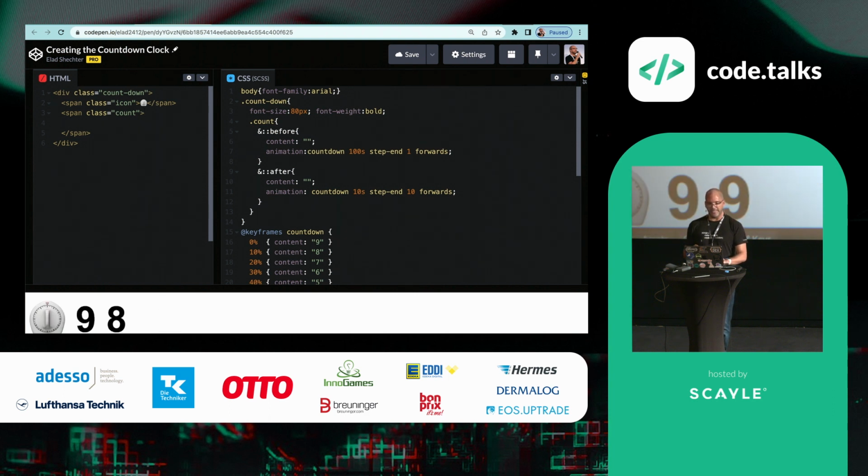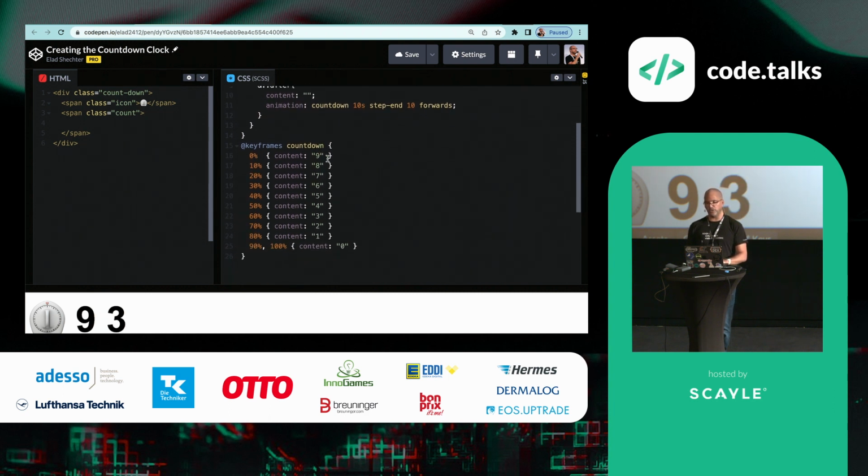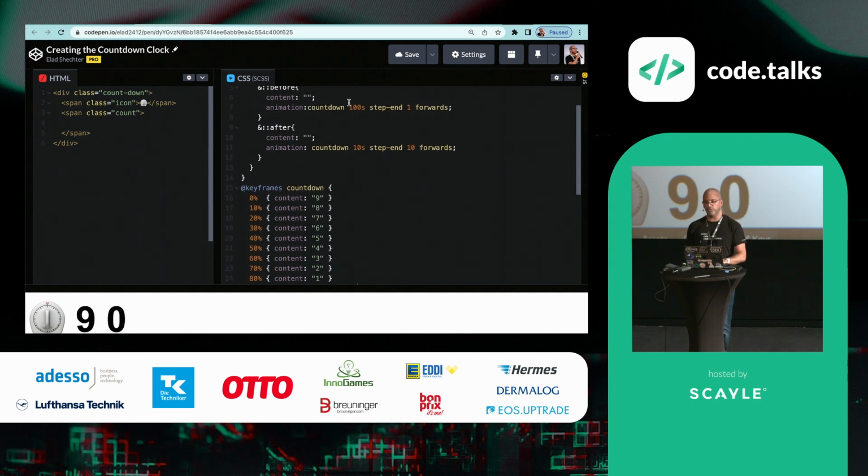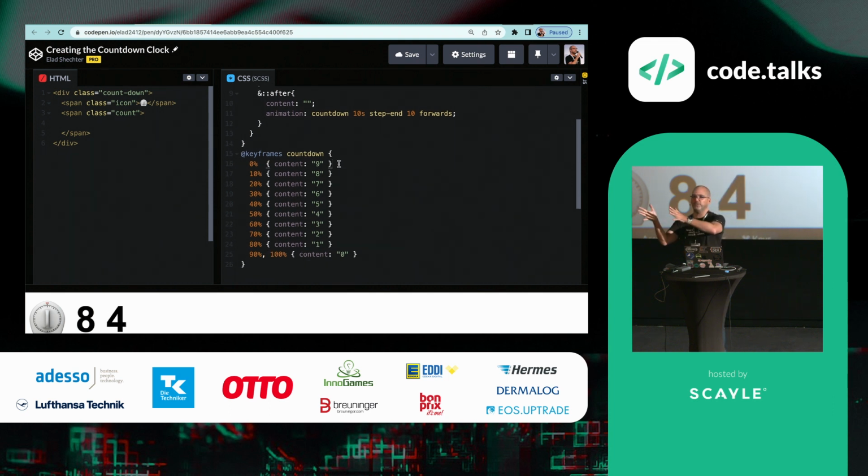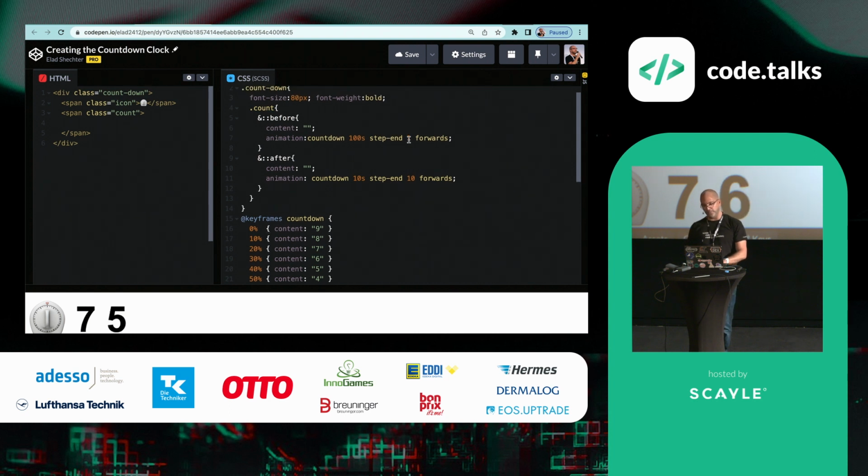Let's reset the animation, and the first value is the before pseudo element. I'm calling the animation of countdown that is going between 9 to 0, and I'm telling it to work for 100 seconds and 1 iteration. And if it's a total of 10 frames between 9 to 0, this also means that every 10 seconds it will go number down, 10 seconds another, and so on and so on. And I'm telling it to work only for 1 iteration. After the 1 iteration of 100 seconds, I want it to be stuck on the last frame of the animation of 0. To do so, I'm just putting here the forwards value that tells the animation, when you are finished all your iterations, that is only 1 in this case, please be stuck on the last frame of the animation.